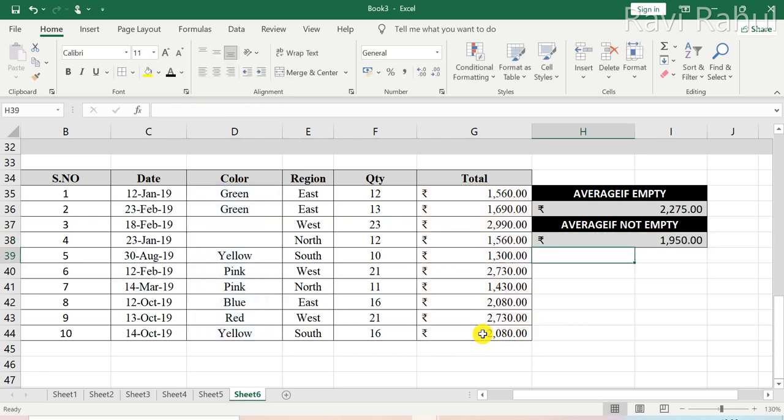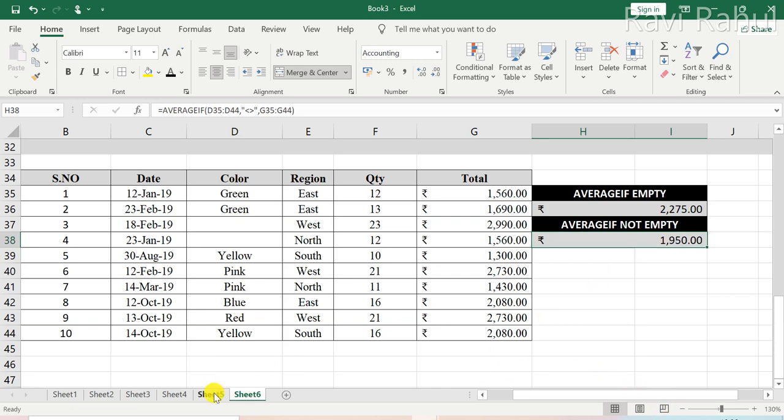Hit the enter key, and you will have 1950. Why? Because we have 1 2 3 4 5 6 7 and 8 cells that are not empty, and it is calculating only those cells that are not empty. In this way you can calculate the average of only the empty cells, and if you want to calculate the average of non-empty cells, you can proceed with this formula.